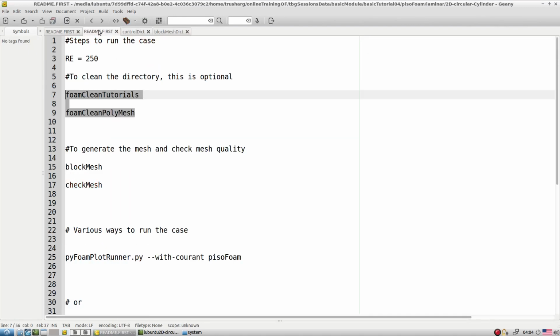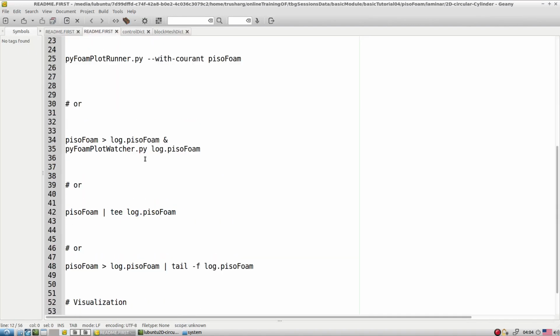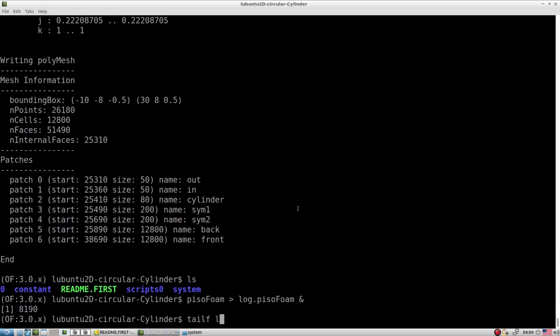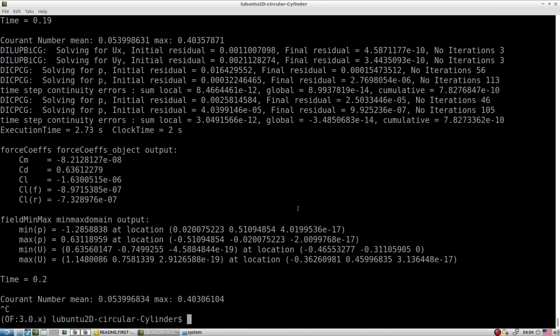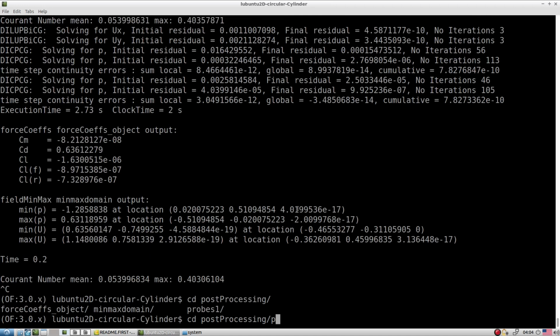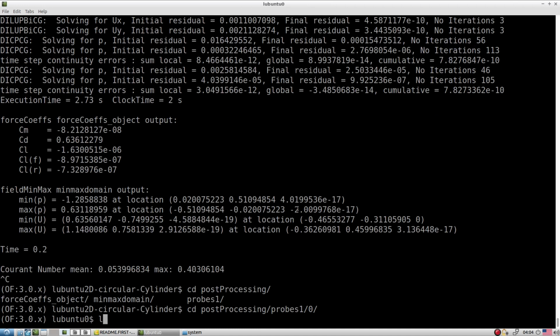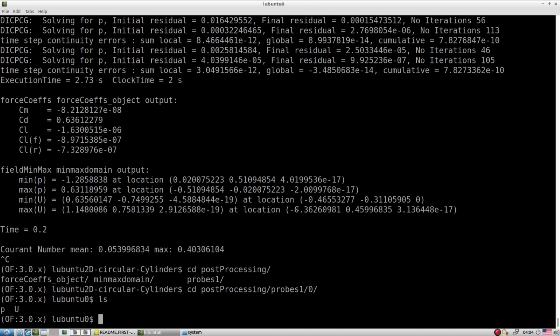Now let's restart the simulations. We are restarting with our usual command, tail -f log. Let's check the post processing area. Now we have probe 0, along with that we have a file as well.